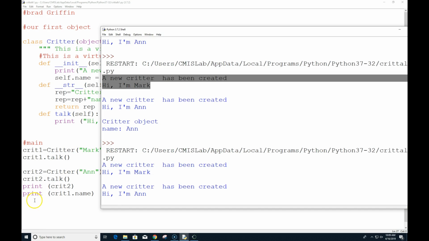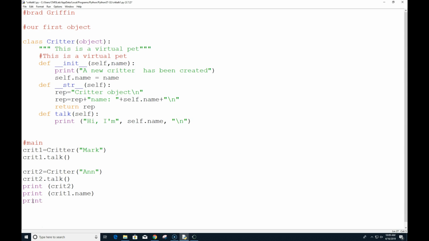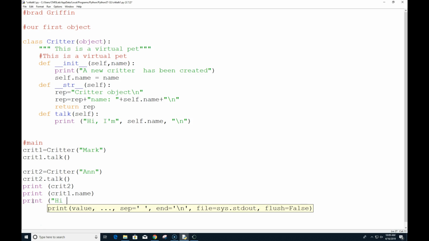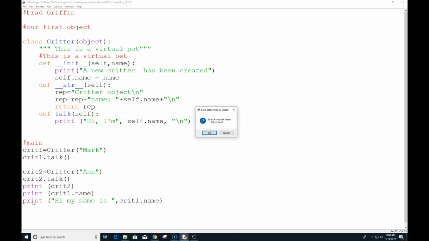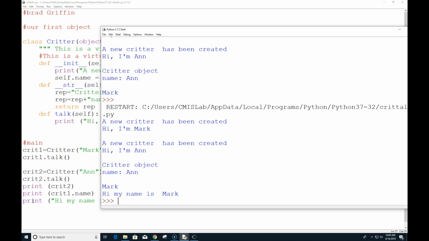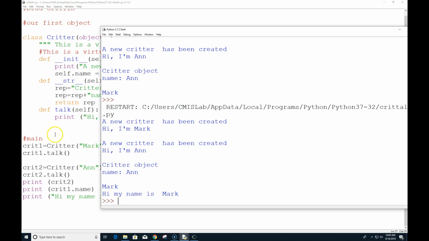So we could have down here, if you really wanted to, print, hi, my name is Mark, because it's pulling it right out of that object that it's created. And we don't have to go through any other routine. We can actually just use that dot notation. So those attributes are kind of an interesting way to get inside of there.